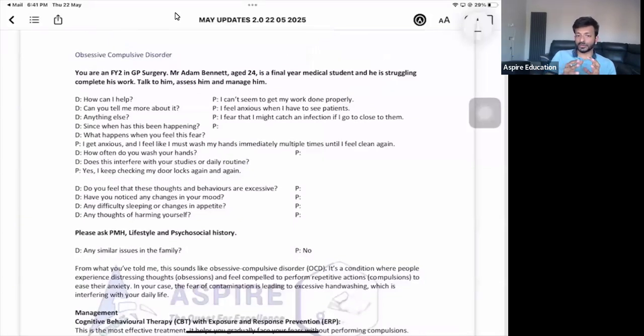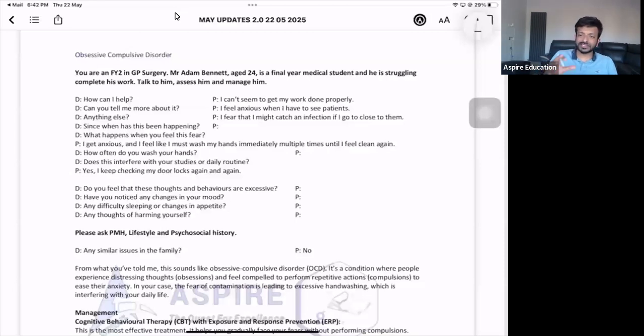So, in OCD, what they are doing, they keep on changing the history a bit. Last time, a few days ago, I think 2, 3 days ago, this scenario came. Your patient is a doctor, actually. You are talking to your junior colleague. He is an FY1 and he is having this OCD. What he says is, I'm a bit worried. The reason is after seeing every patient, I just take off my gloves and I have to wash my hands a few times. And then he will tell you that I am checking the locks for my home again and again. So he'll give you a lot of things positive, right?